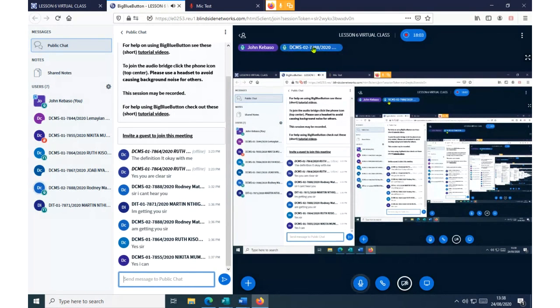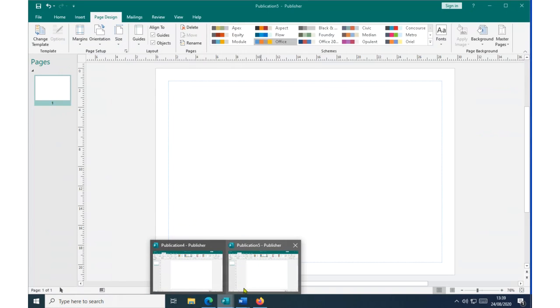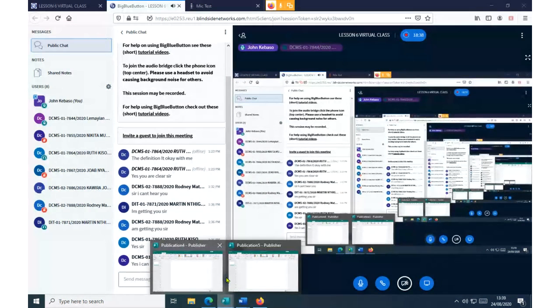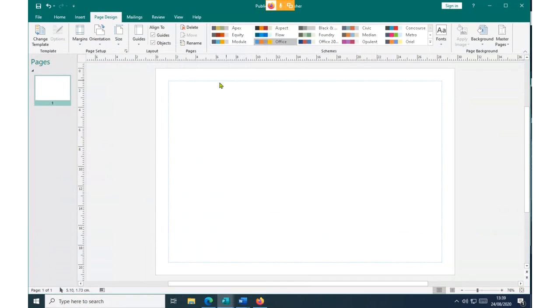Kindly put off your mic. I'll wait until all of you have switched off the mic so that we can proceed. Once you put on your mic, there's echoing, and the echo distorts the communication. Put off the mic and communicate through the chat. Sorry for that. If you are putting on the mic continuously, know that you are disturbing the class, and that is not okay.